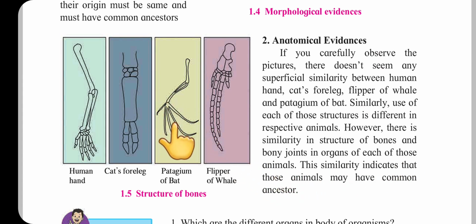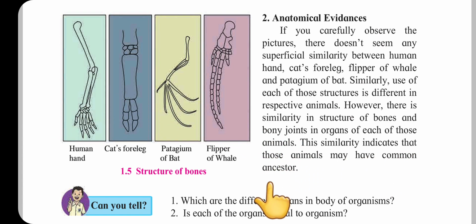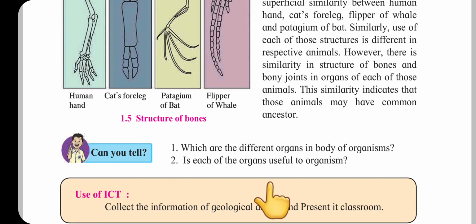Bony structure and joints of bones occur similar. That's why all these animals have a common ancestor. This is the third evidence for the